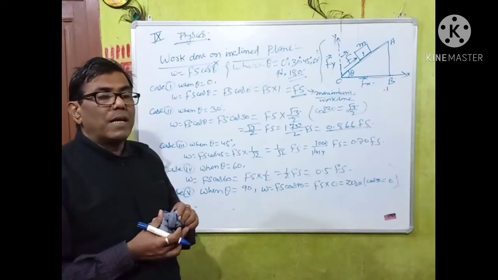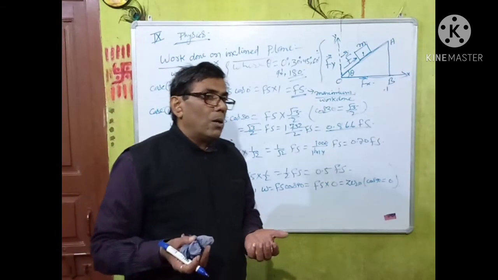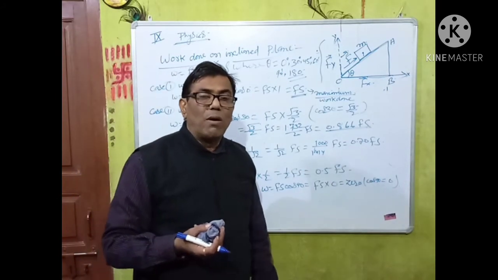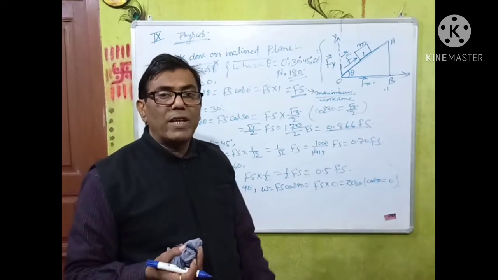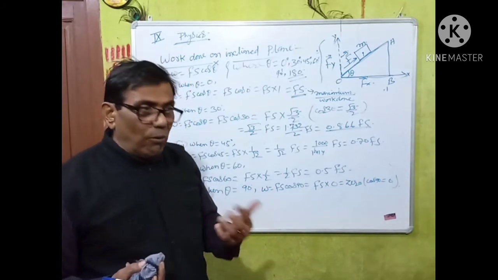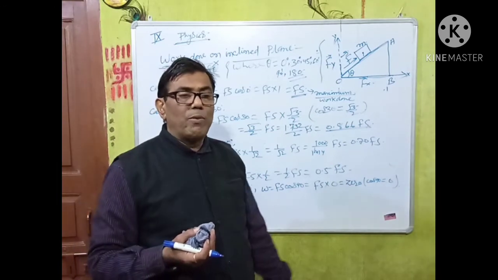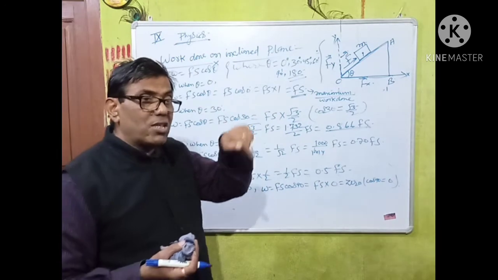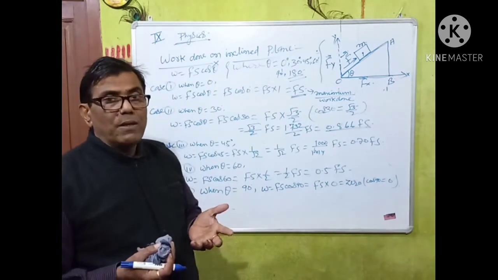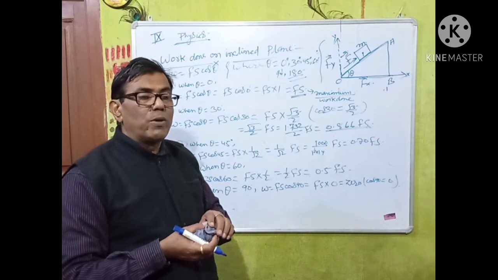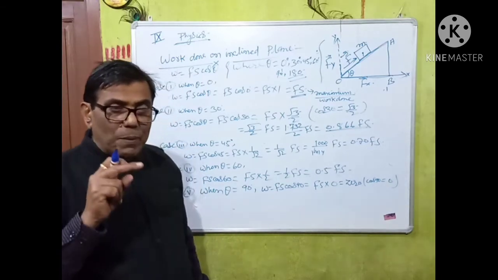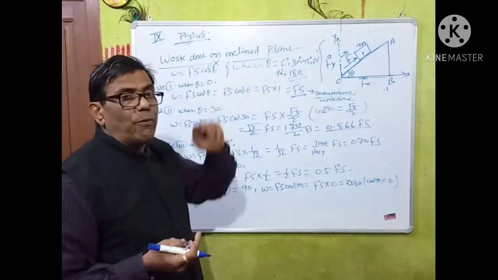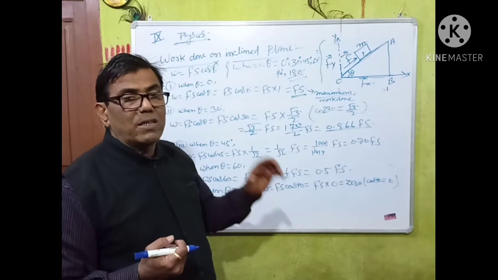For example, a porter taking a load on the head and moving here and there does zero work. When a porter loads luggage on the head and moves here and there, work done is 0. When planets or satellites revolve around the sun or a planet, work done is 0 because they are perpendicular to the applied force, and due to this reason work done is 0.